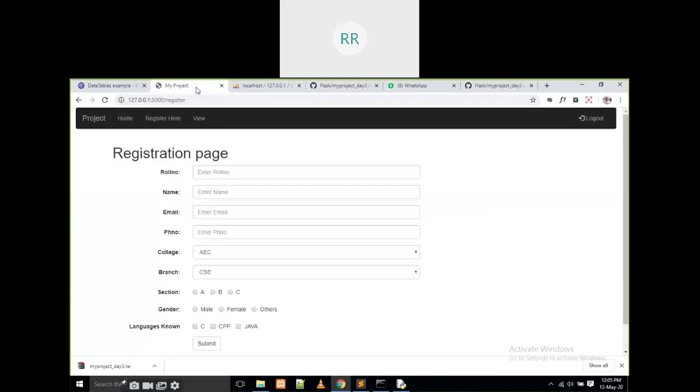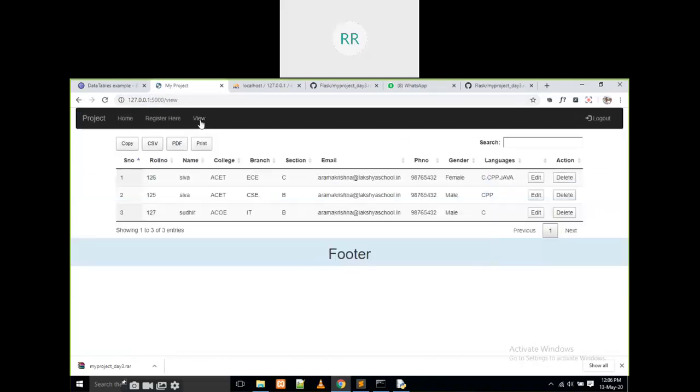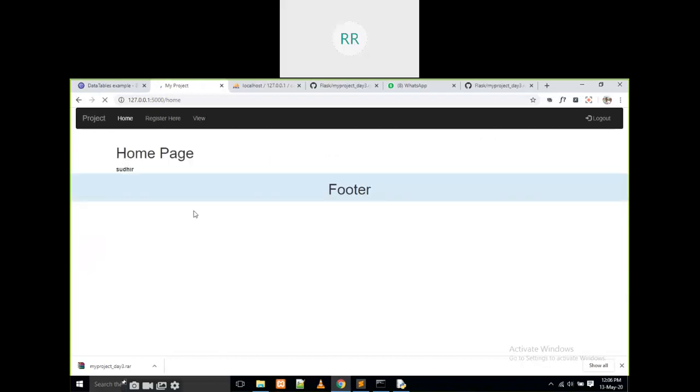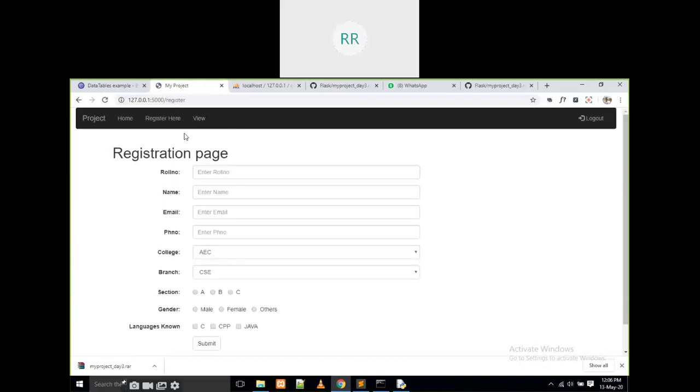And then secure login. What does secure login mean? For example, this is a college project and I am the admin. I am going to collect the fees, right? These pages are not visible to any other student. For example, if I don't know your password, can I log into your Gmail account or Flipkart? That is not possible, right? The same thing we have to develop here. To access register, view, bulk upload, everything, we have to give a secure login. That is the end of our concepts.